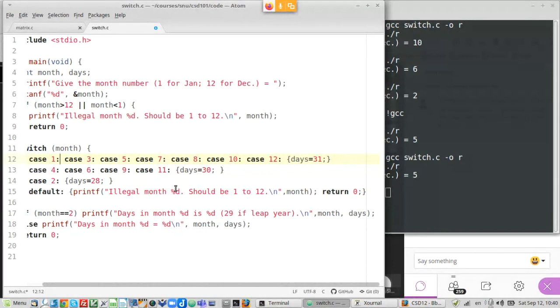So let us try to look at a situation. Let us say we were looking at a situation where if 1 is there, then we say days equal to something. So let's say 40 for the sake of argument. Okay.